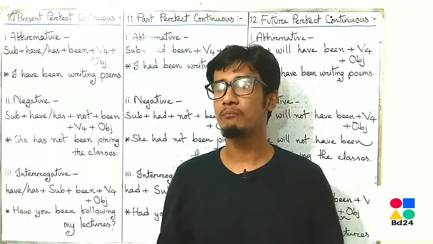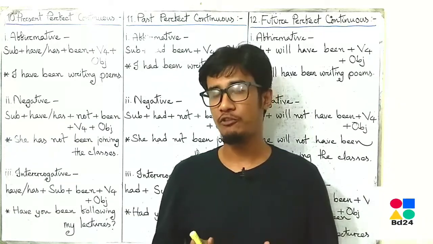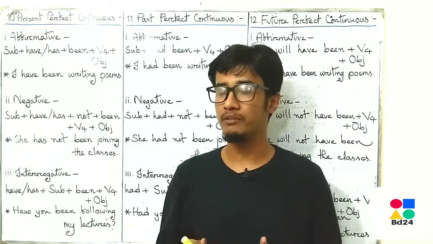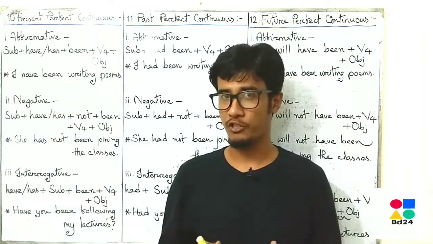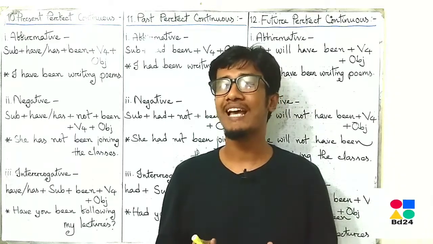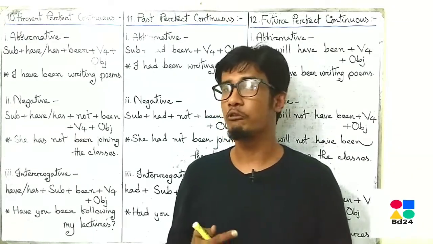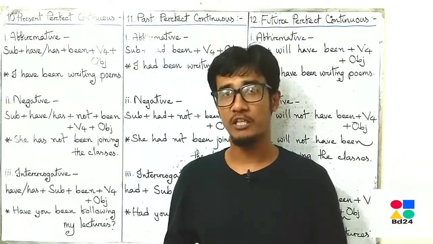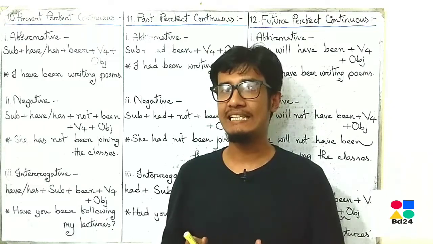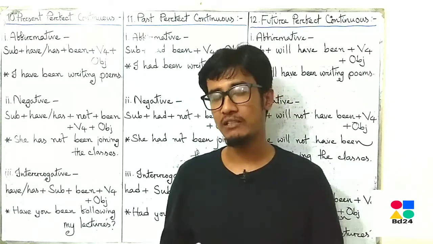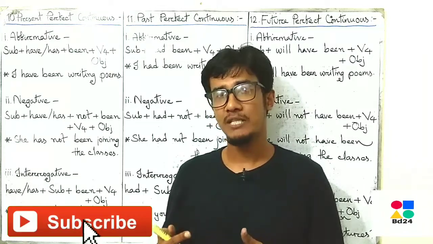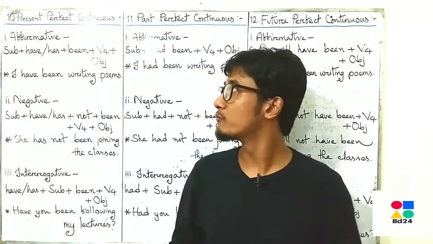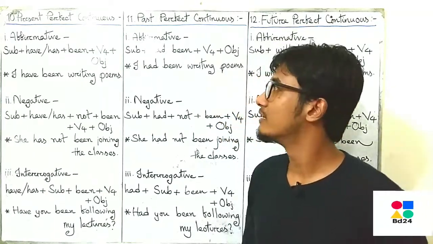We have already discussed present tense, past tense and future tense, including present simple, past simple, future simple, present continuous, past continuous, future continuous, present perfect, past perfect and future perfect. In our last class, we are going to discuss present perfect continuous, past perfect continuous and future perfect continuous. Though we use these tenses pretty little in our conversation, yet as we have known simple, perfect and continuous, let's know perfect continuous as well. So let's begin with present perfect continuous tense.